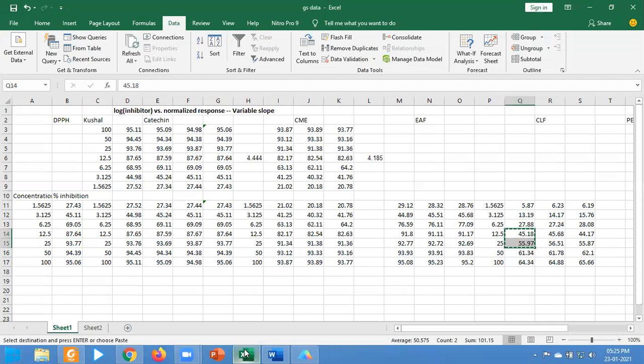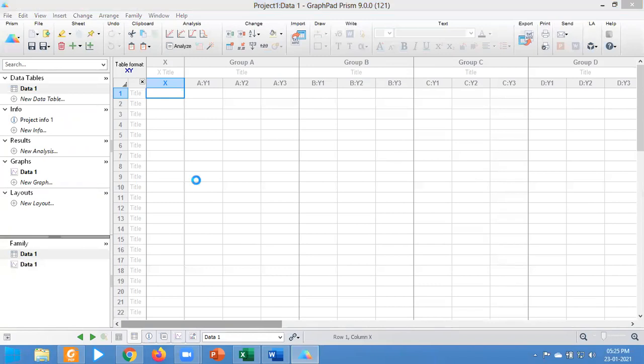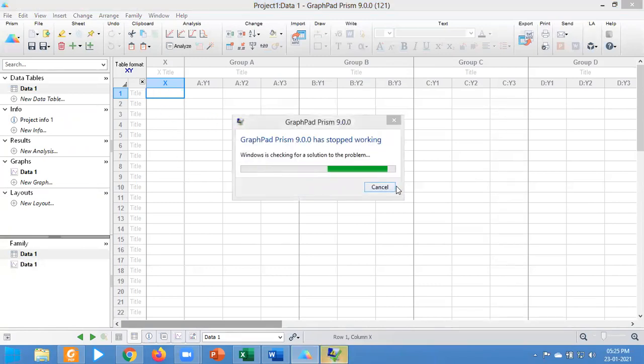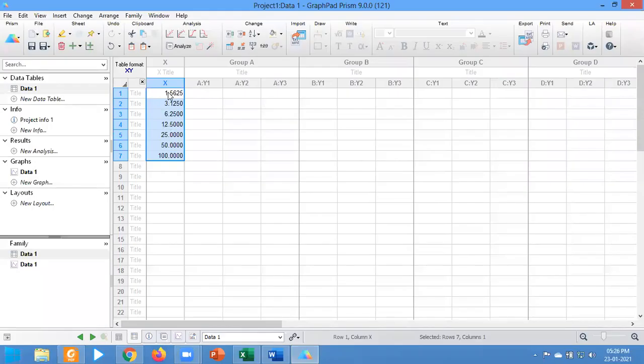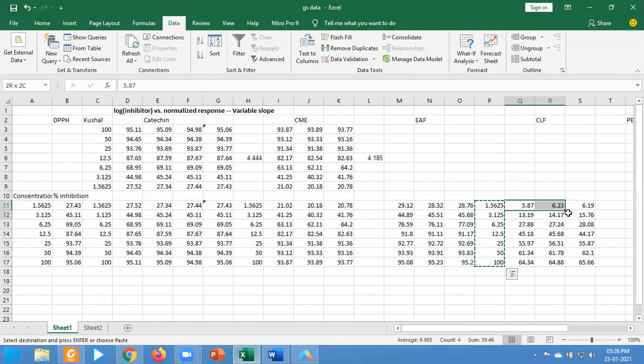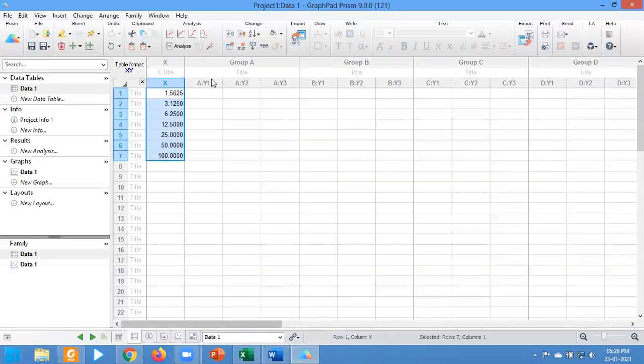We are going to paste these concentration values in Prism on the x-axis. The concentration is on the x-axis, and we are going to copy and paste the percentage of inhibition values in column A.